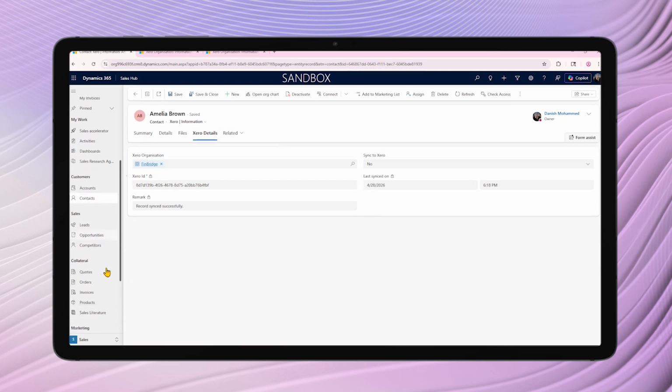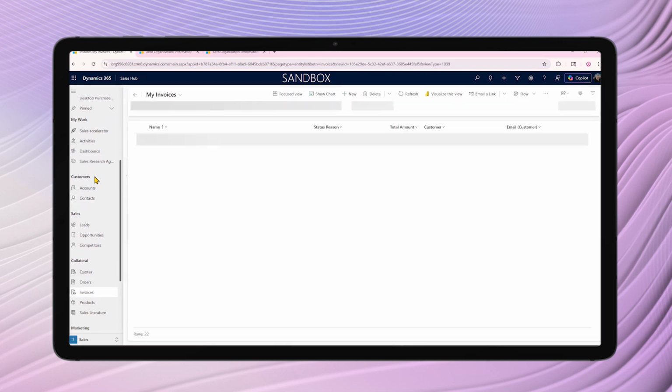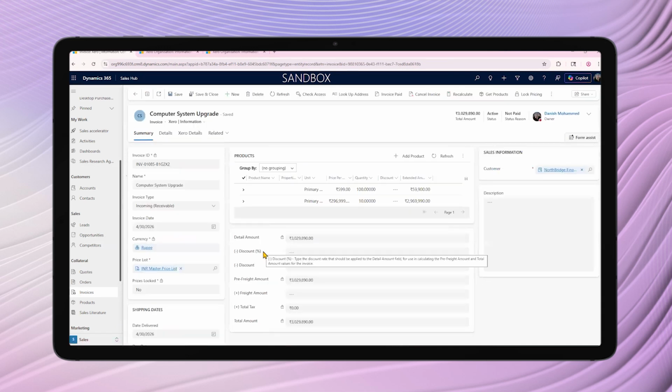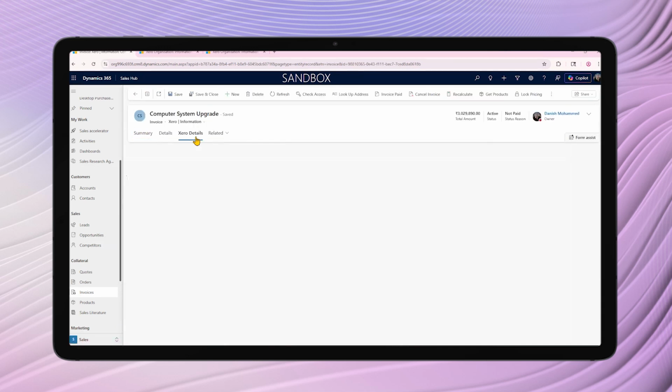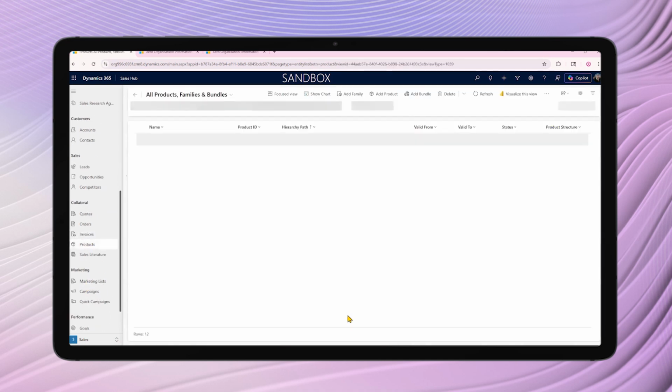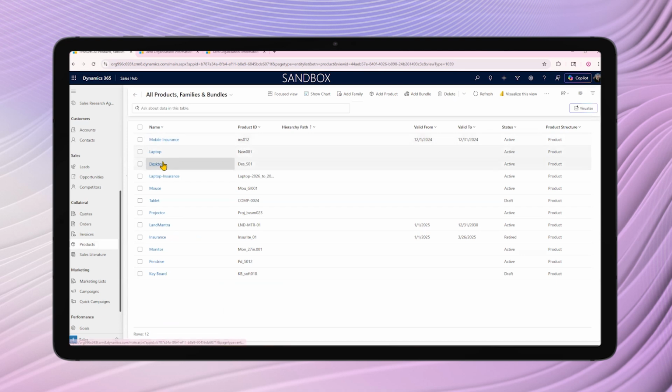Coming to maybe the invoice scenario. Okay. Let me see. I think yeah, so this is a computer system upgrade invoice, a standard CRM invoice. It has, or rather, maybe before going to the invoice, let me quickly show the products. Again, the products, when we sync up the master data,